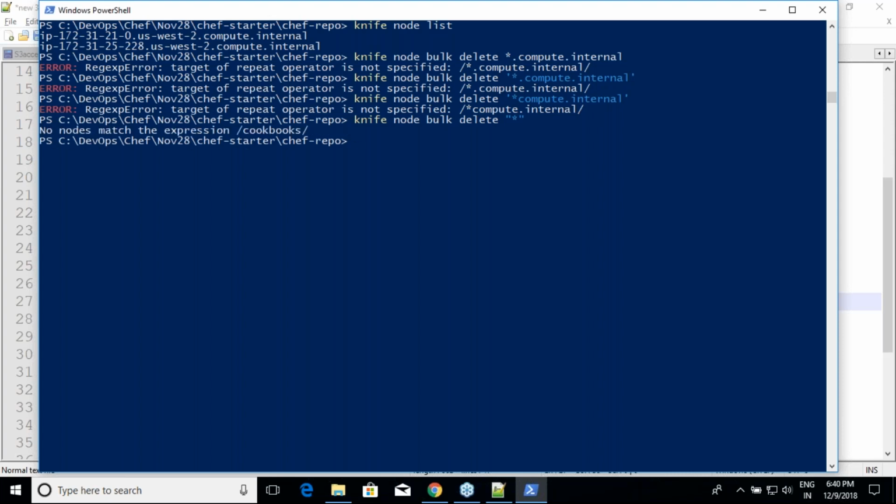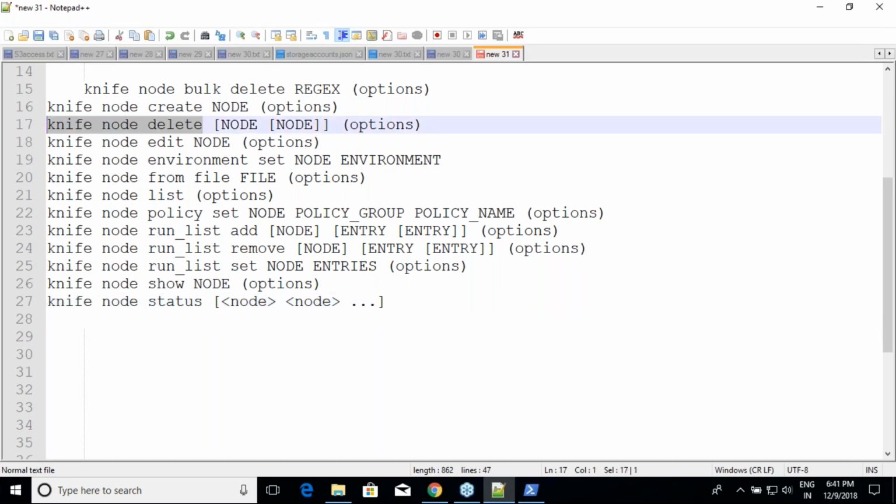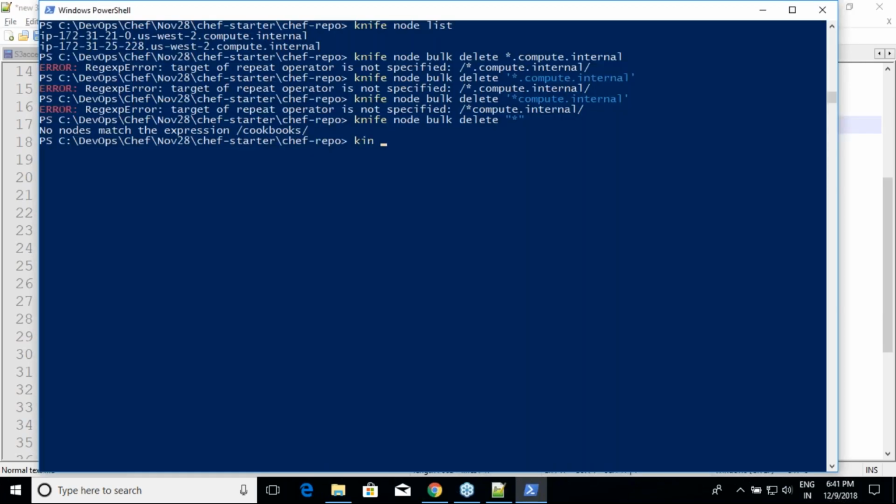I'm not getting into this nonsense. You just Google it. I'll go with this stuff. Knife node delete. You can look into Google. I might be doing something wrongly over here. Yeah. Delete.